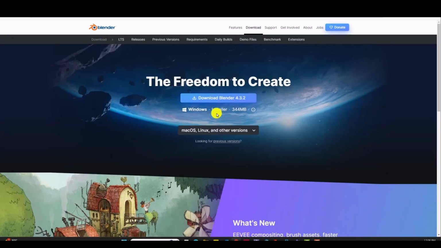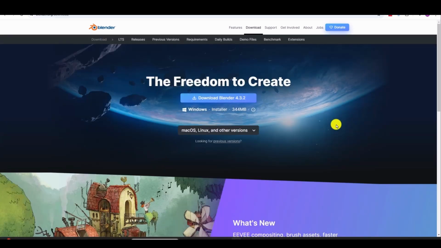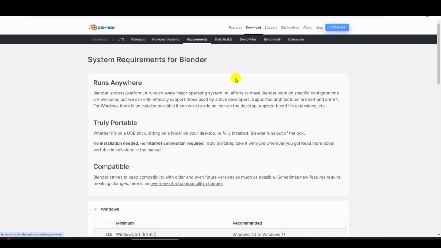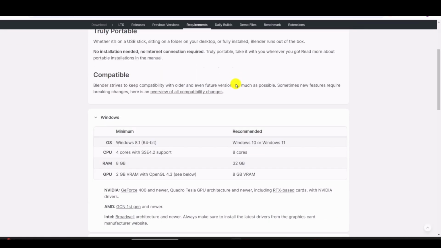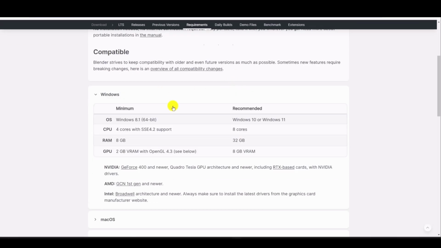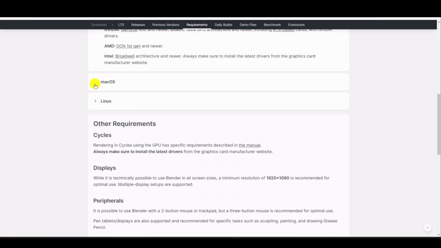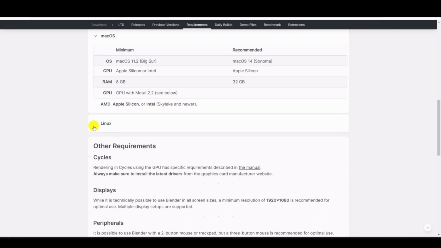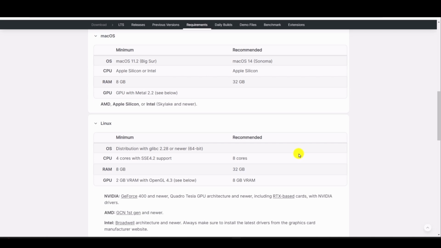Before downloading, it's important to check the system requirements. The minimum requirements are listed on the site for Windows, Mac, and Linux. Make sure to compare these with your computer specifications. If your system meets the requirements, you'll be able to install and run both the latest and previous versions of